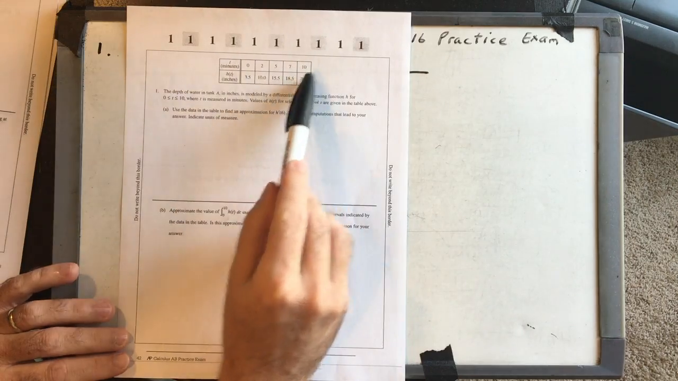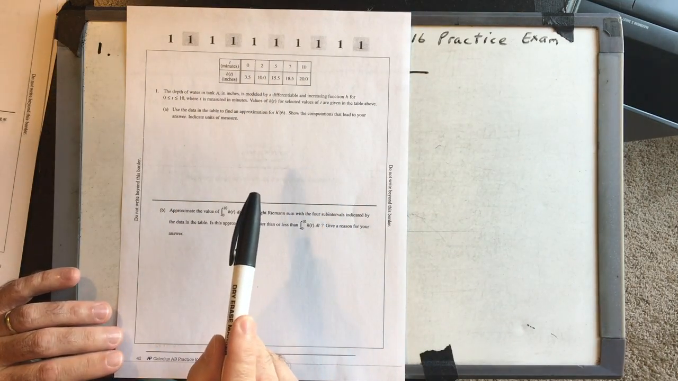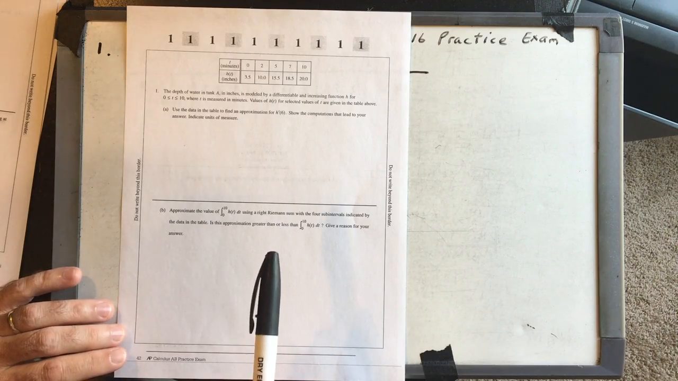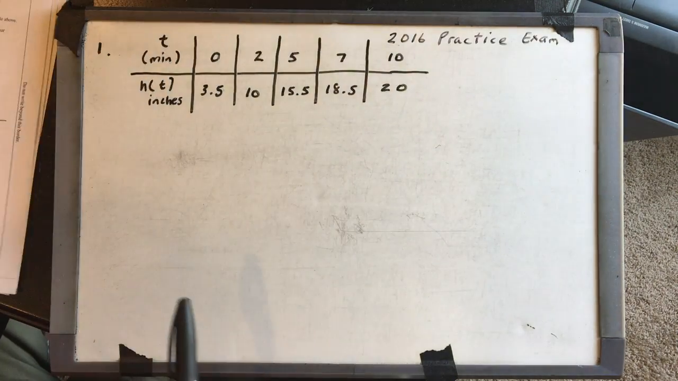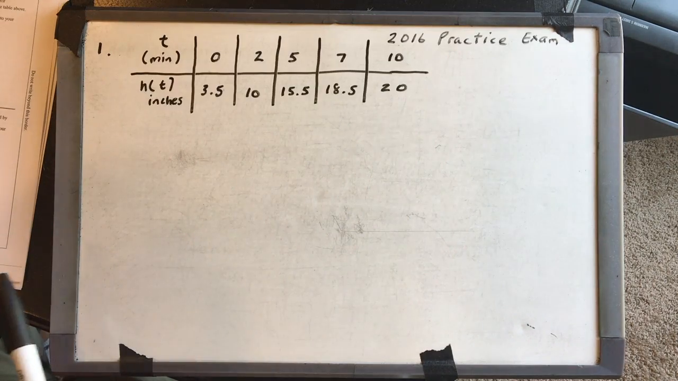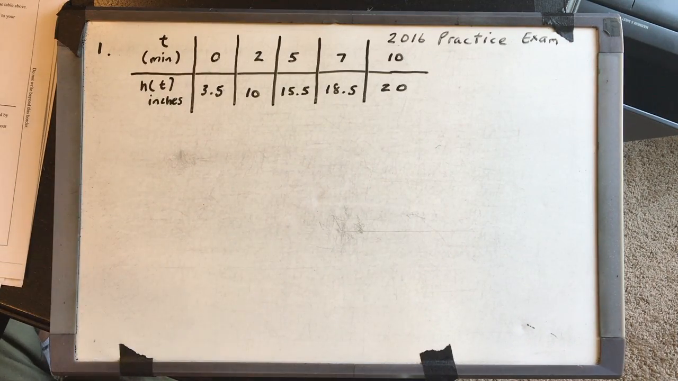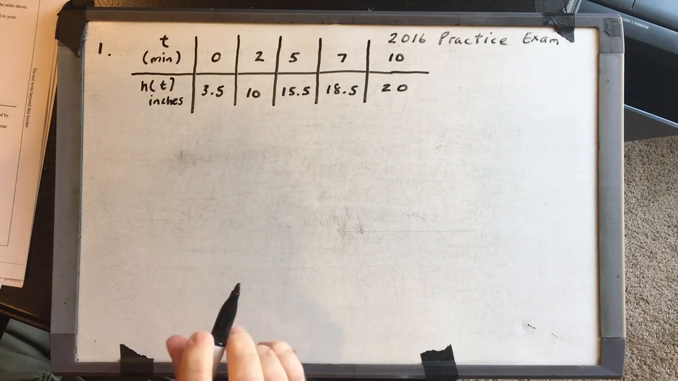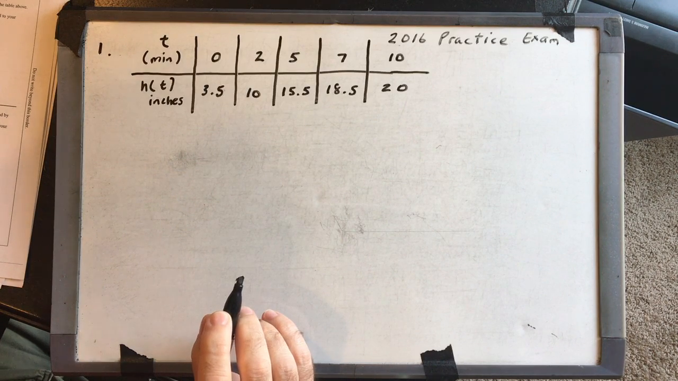You've got a table, and I do think that you could be dealing with a problem with a table in the 2020 exam. I think that's a very, very good possibility. So I've gone ahead and written out the table here. It says the depth of water in tank A in inches is modeled by a differentiable and increasing function h. And part A